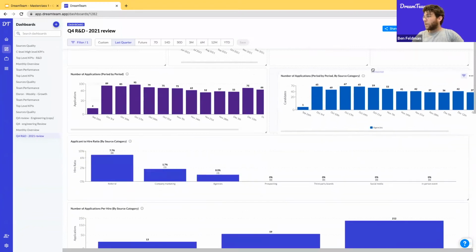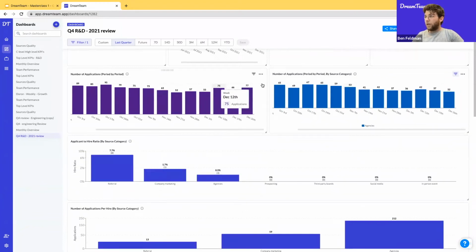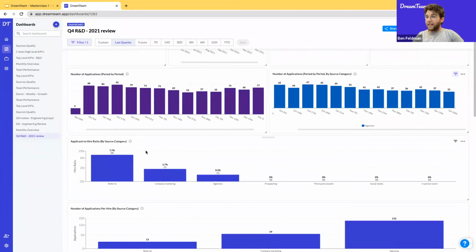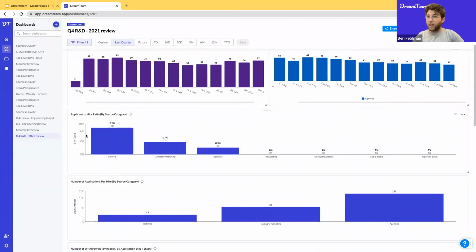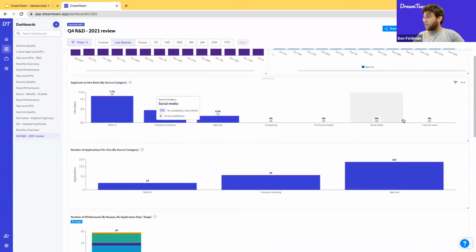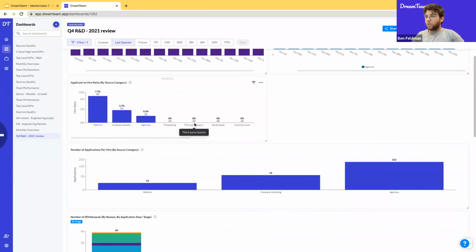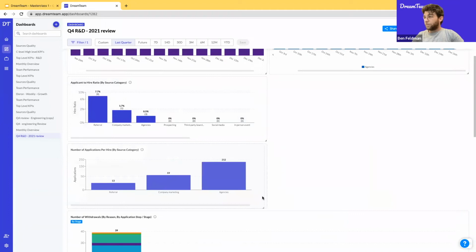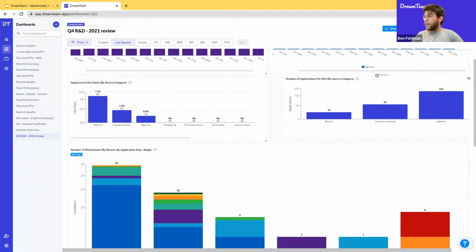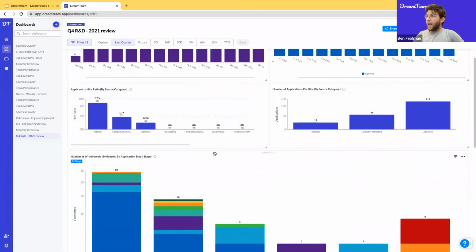And so we can start comparing the two hand in hand. And let's do the same thing for applicant to hire ratio and number of applicants to hire. Now, let's do that there, that, and then I'm going to move that there. Okay. Now, it's obviously very important to go into each insight individually, right, and look at it, because in this